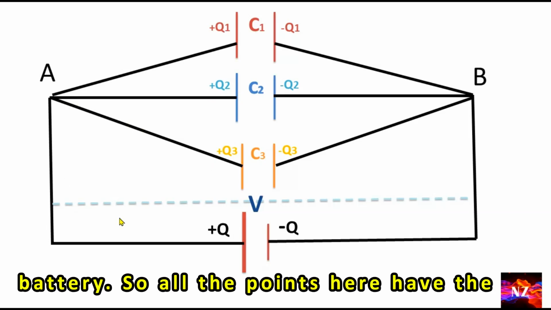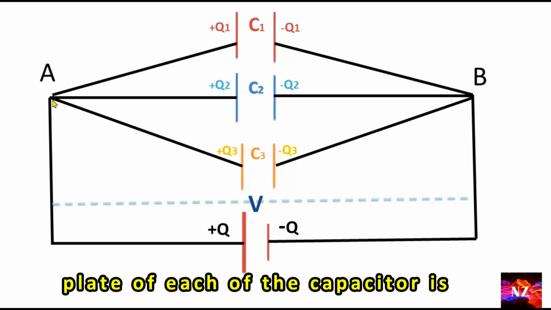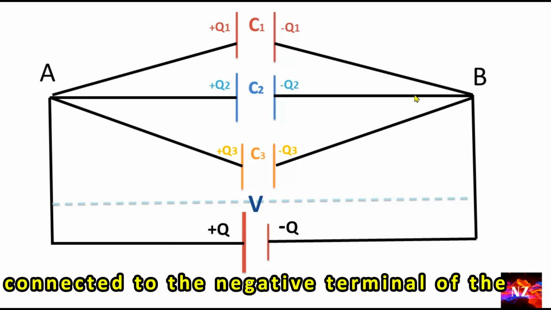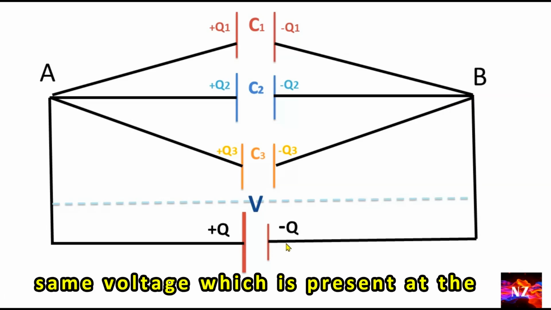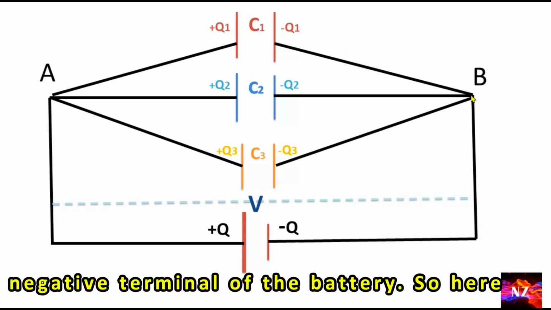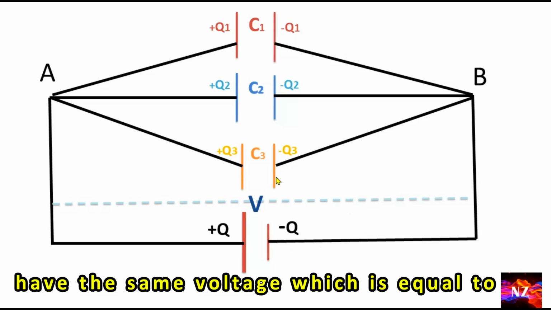So all the points here have the same voltage. Also, the negative plate of each of the capacitors is connected to the negative terminal of the battery. So all the points here have the same voltage which is present at the negative terminal of the battery. So here we can say that all the three capacitors have the same voltage which is equal to the voltage